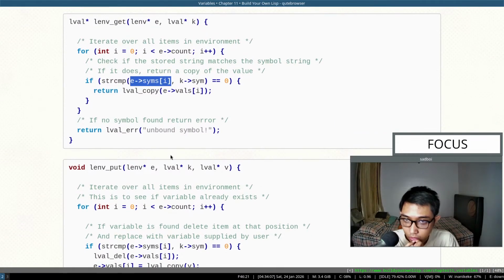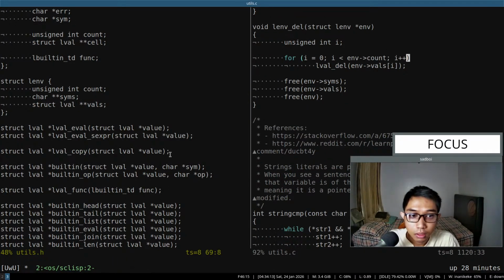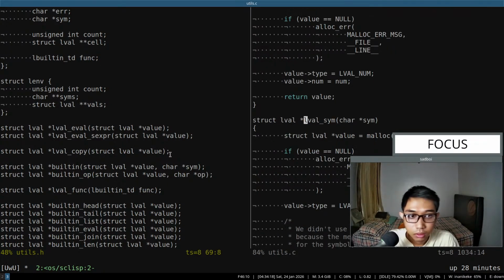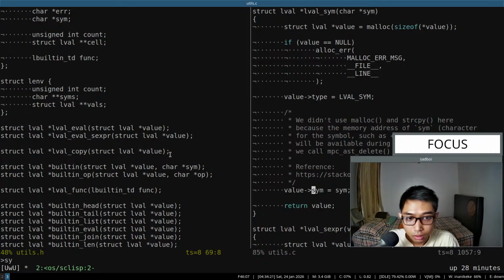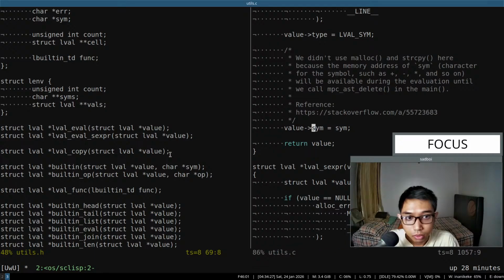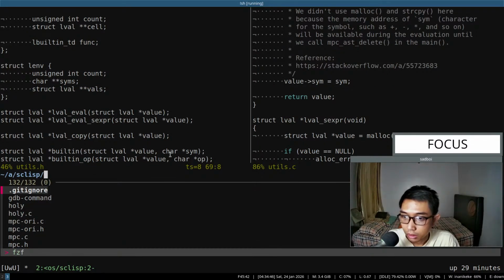Okay. I mean, if alpha sim, right? Currently we are just putting the symbol as is without any memory allocation. That's because the memory address is still available until we delete the abstract syntax tree, which is